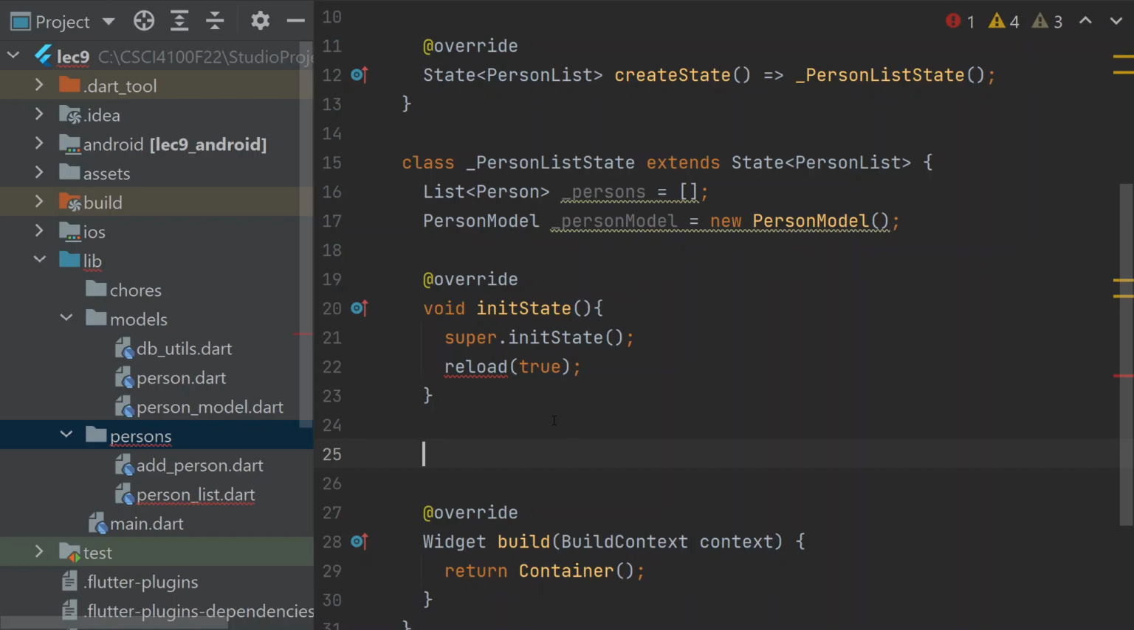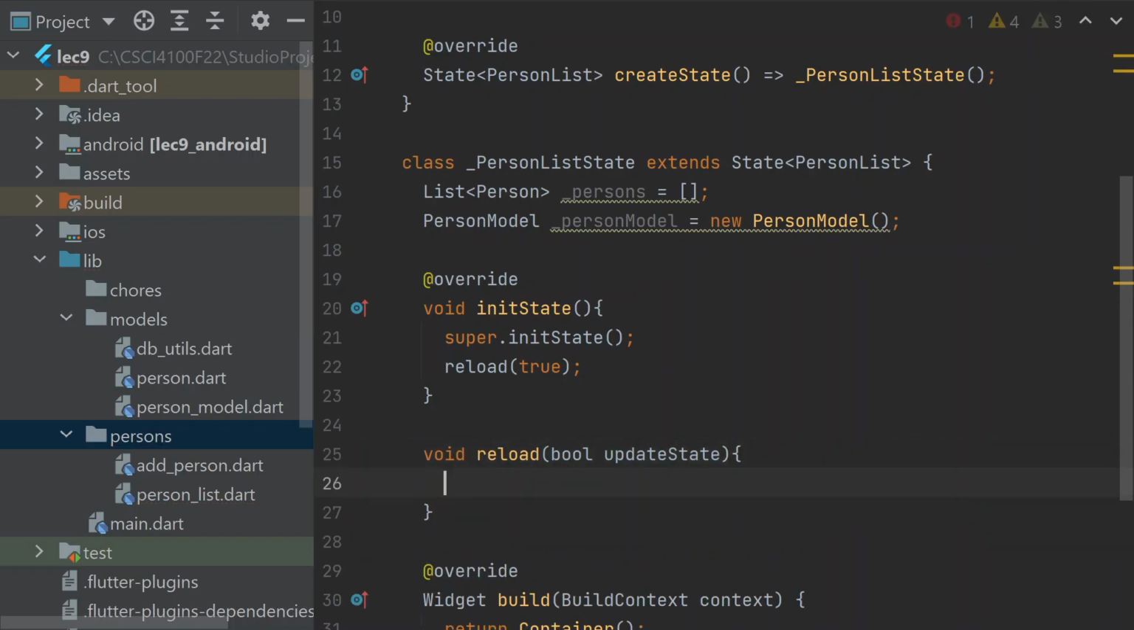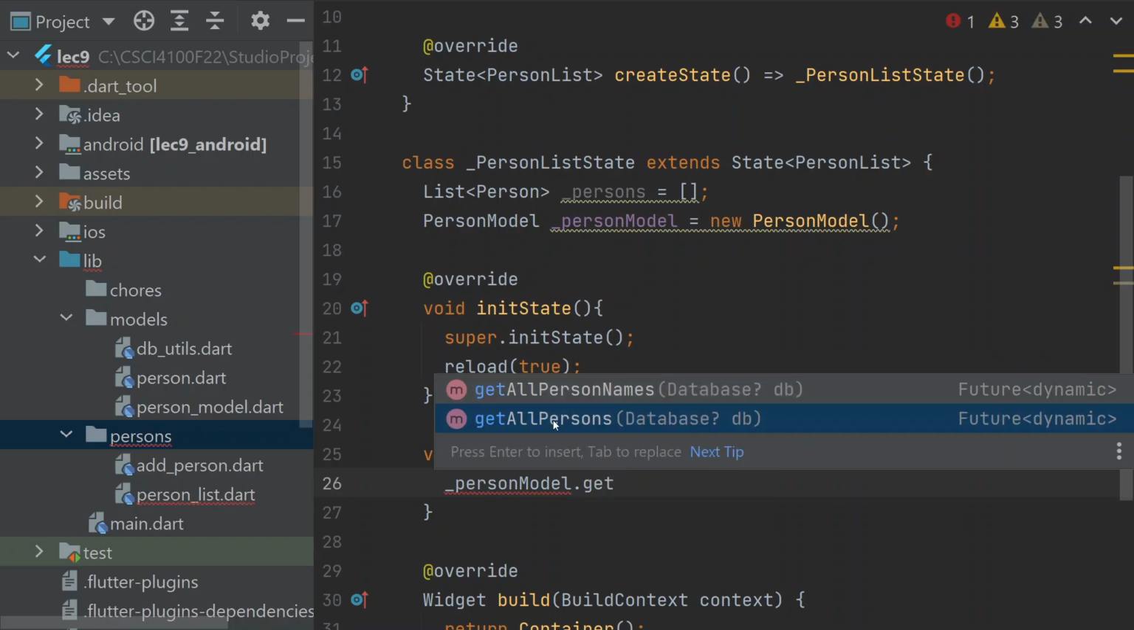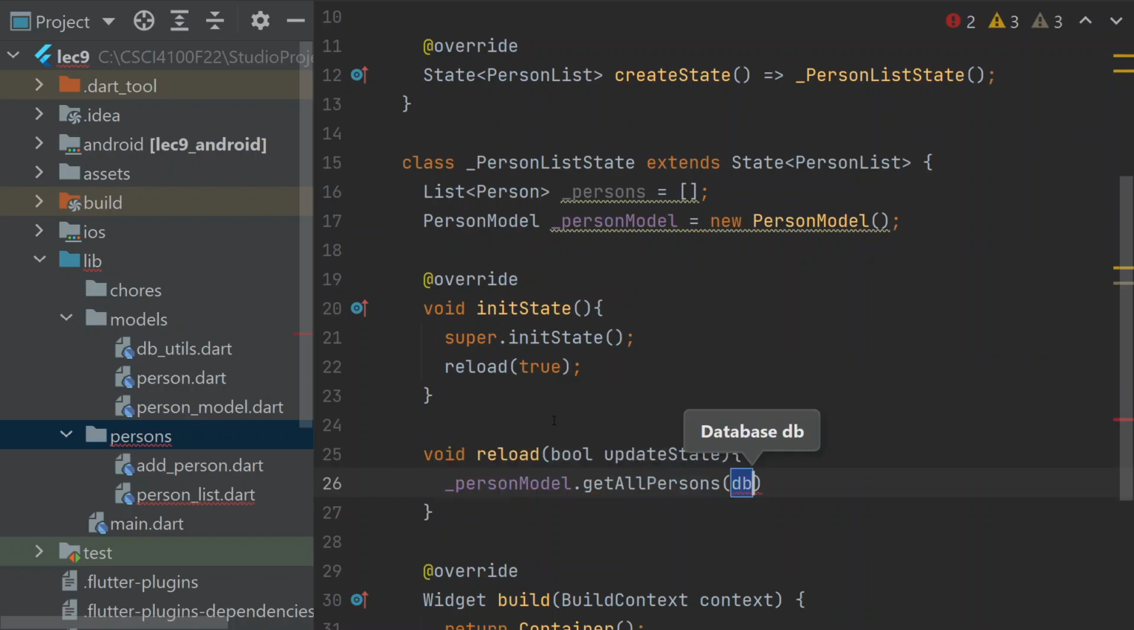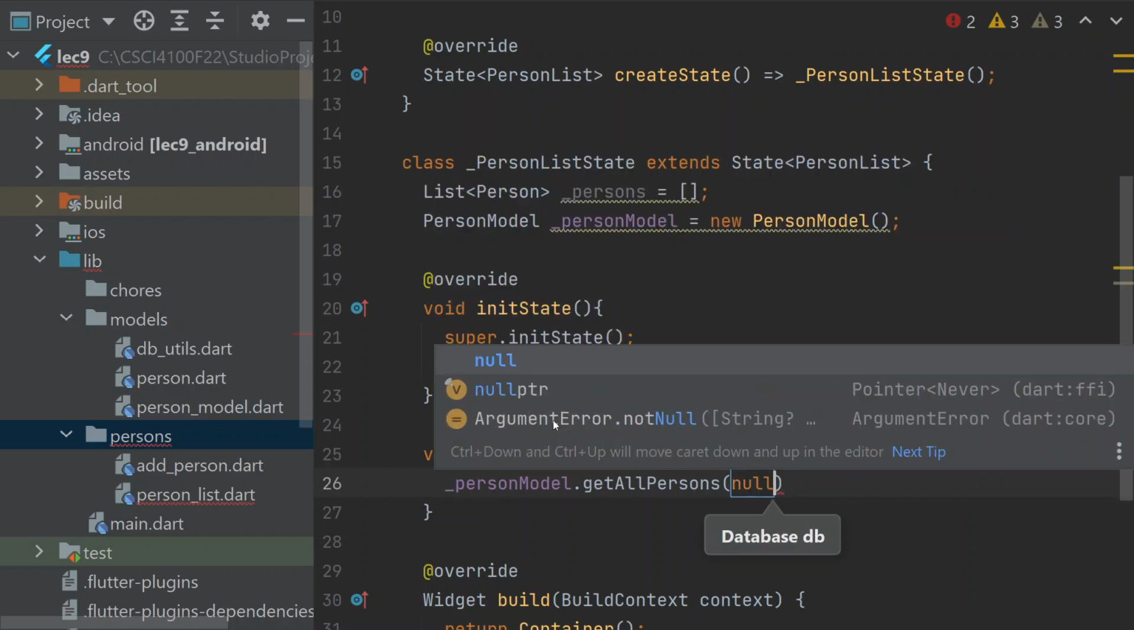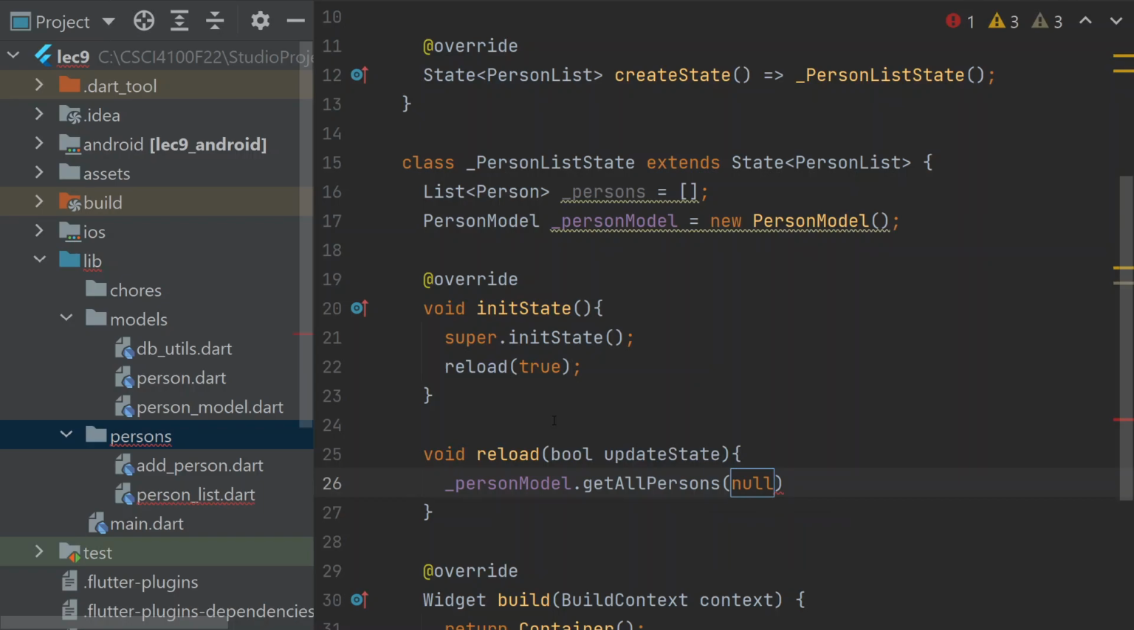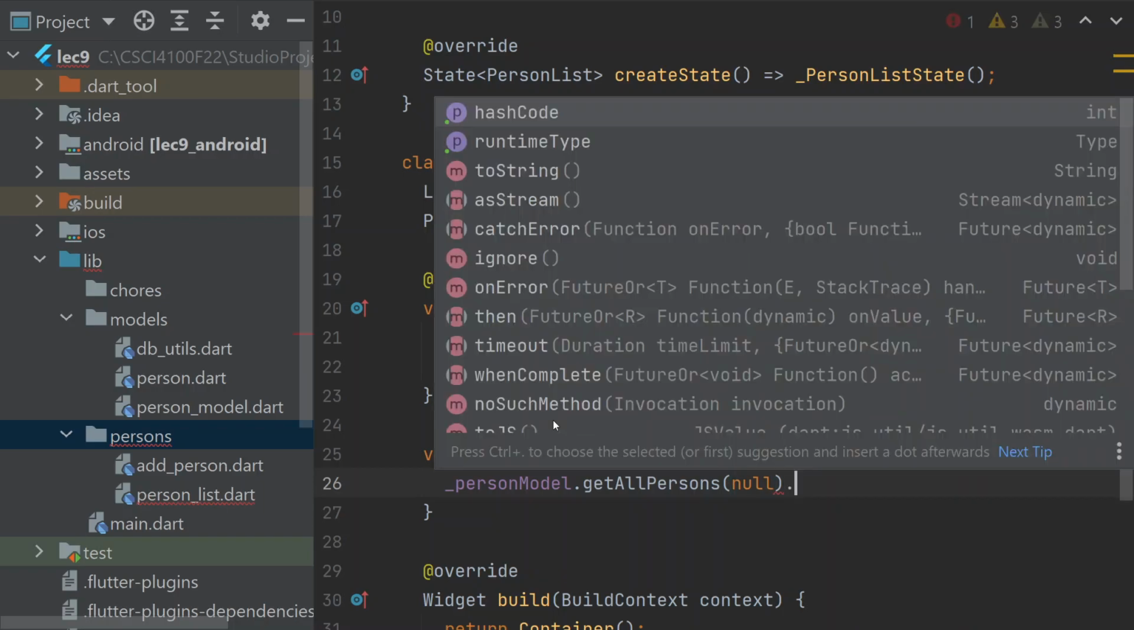So we're going to make a function called reload. It's going to take a boolean of whether or not we want to update the state, because there will be times that we do want to do set state, and there will be times that we don't. So, with our person model, we need to get all the people, get all persons. We don't have a database at the beginning of this, so we're going to call this with null. And this is going to return to us a list of all the people. And so, then,